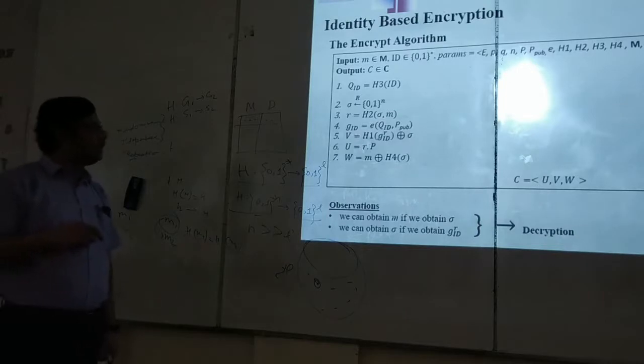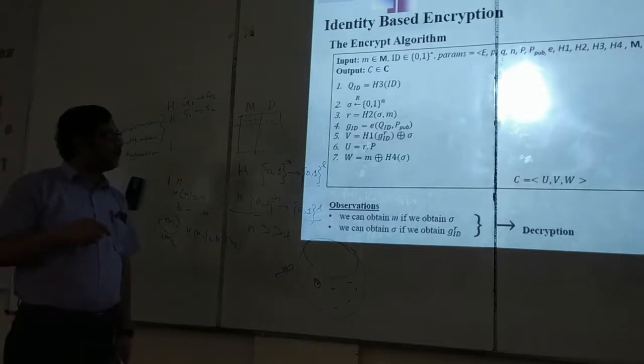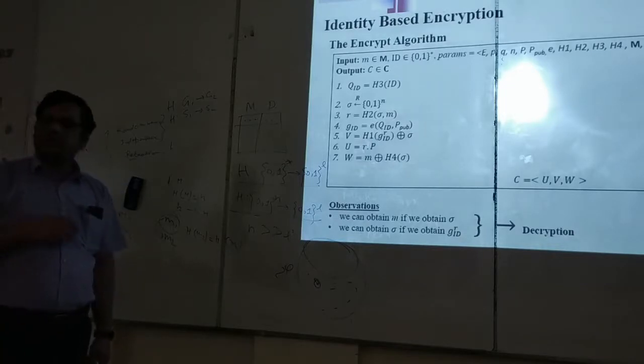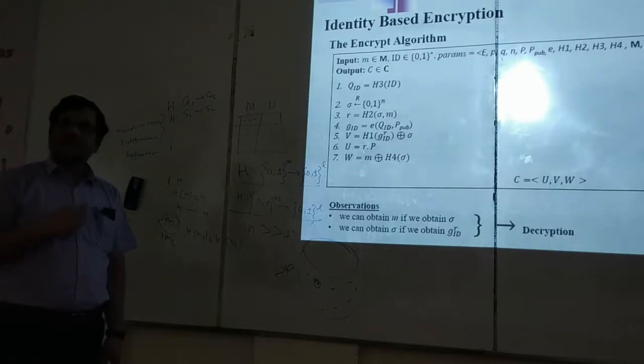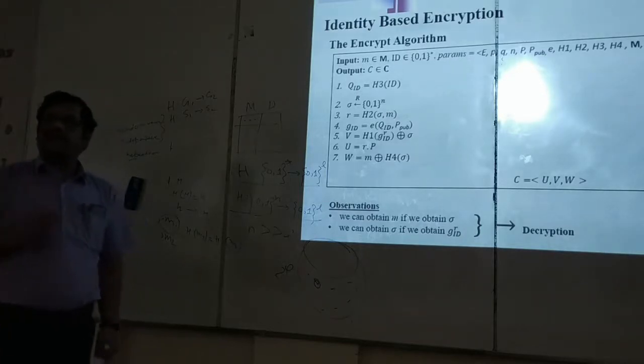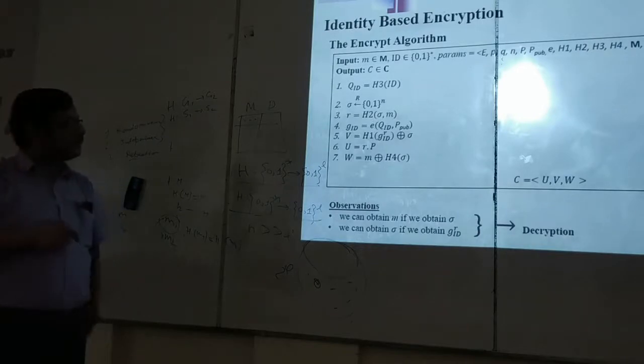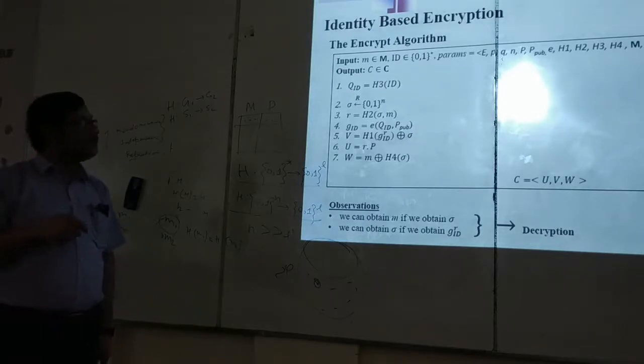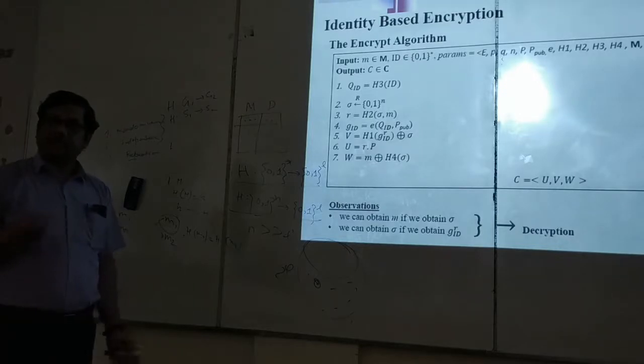Now what are we doing? We are calculating. See, only in step 4 of this algorithm are we using this bilinear function. All other operations are normal cryptographic operations that we have already studied. Only in step 4 we are using this bilinear map. The bilinear map takes 2 points. The first point we give is the Q_ID, the point corresponding to the identity, and the second one is P_pub. We can give these 2 points, nobody can prevent us.